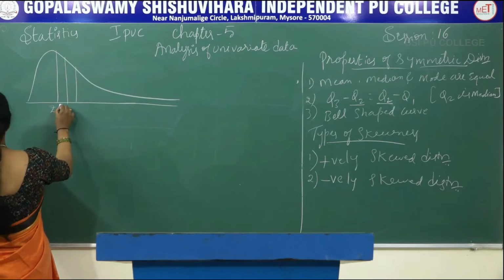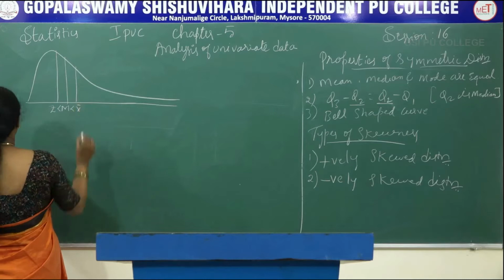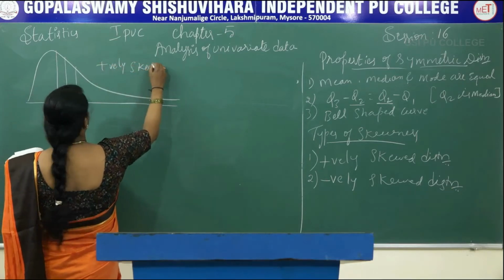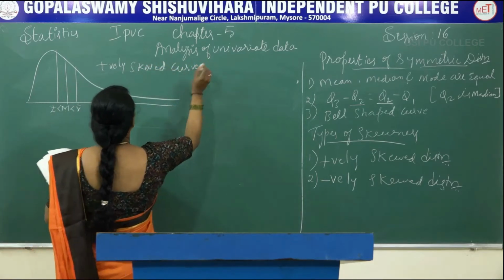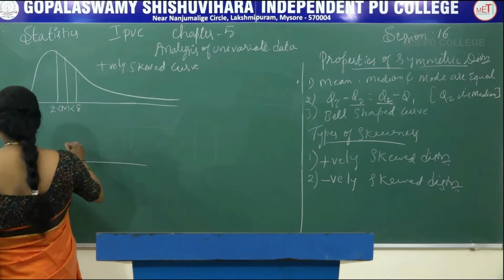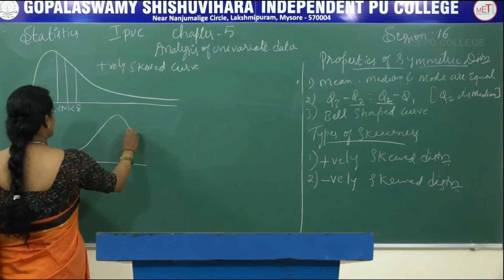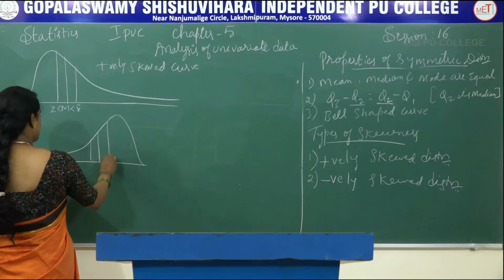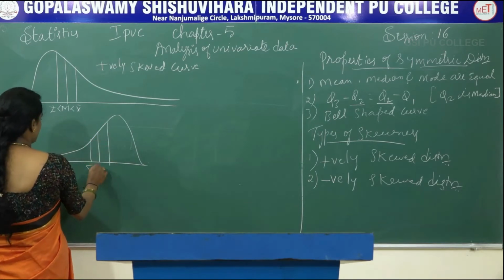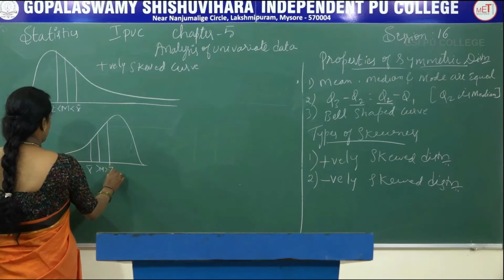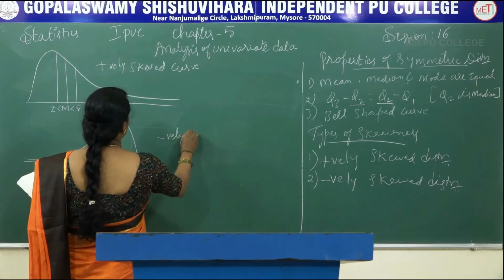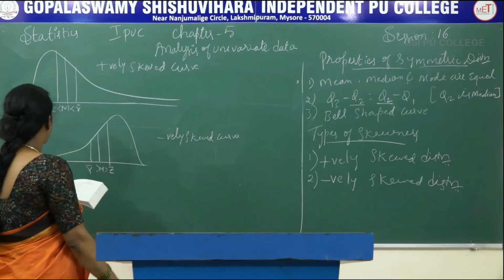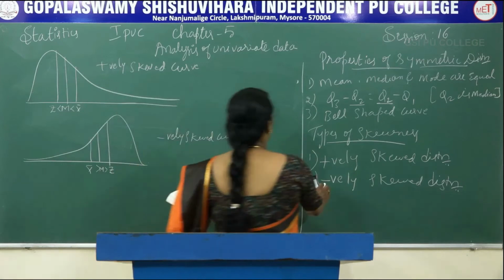This is Z less than median less than X bar. This is a positively skewed curve. This is a negatively skewed curve. And to show the symmetric